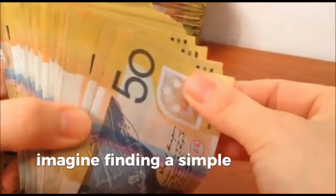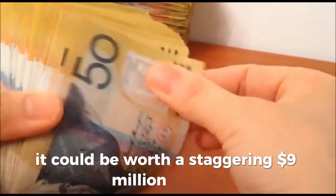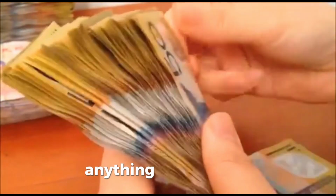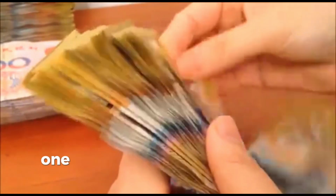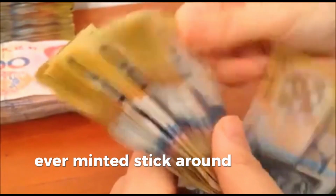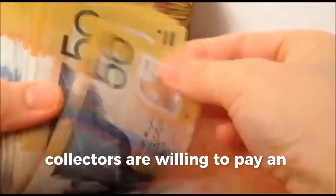Imagine finding a simple dime in your pocket, only to discover it could be worth a staggering $9 million. Sounds impossible, right? But in the world of rare coin collecting, anything can happen. Today, we're diving deep into the 1974 D Roosevelt dime, one of the most fascinating and valuable dimes ever minted. Stick around to learn its history, how to spot one, and why collectors are willing to pay an absolute fortune